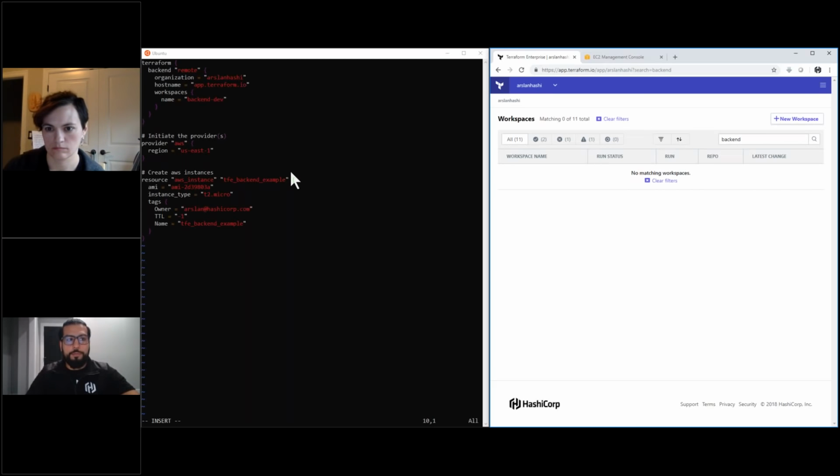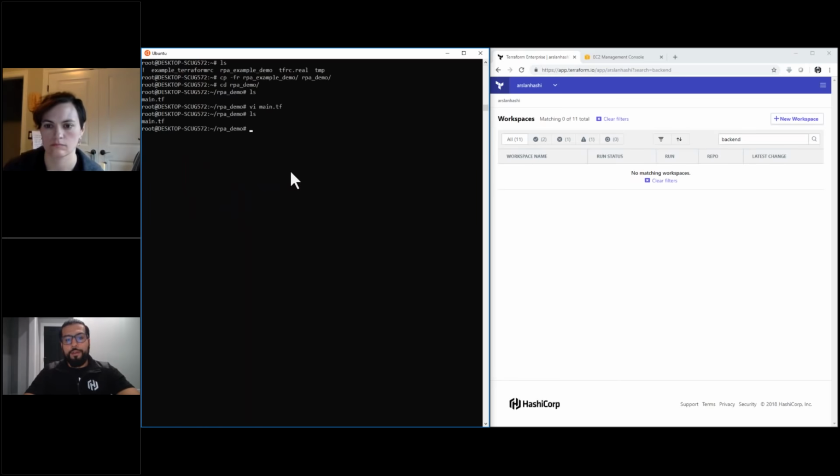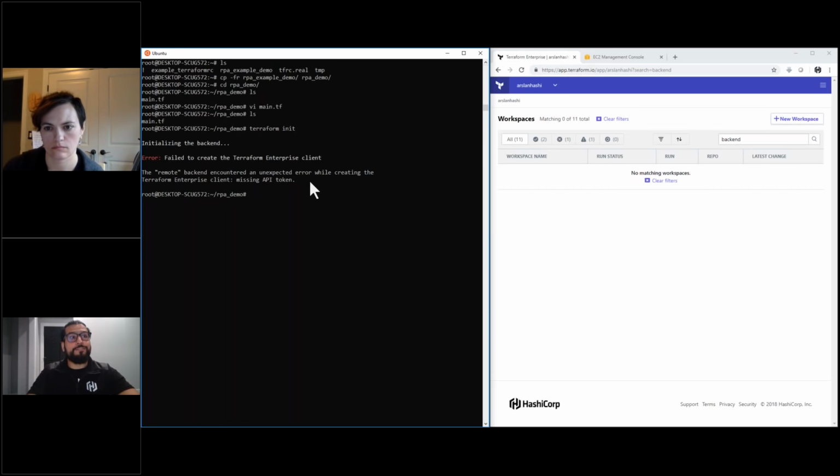So then I'll hit escape, colon, write, quit, and I'm back here. Now I'm going to do a quick terraform init. Now that I have the backend in there, it's going to try to connect, and you're going to see this failure. I did this intentionally. But what I want to show you is that you have to